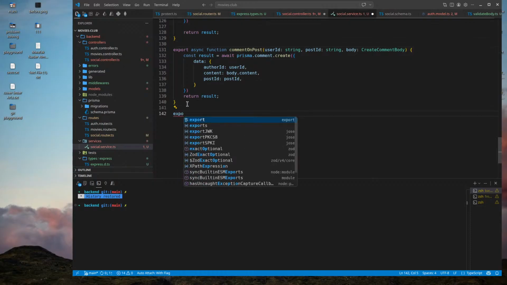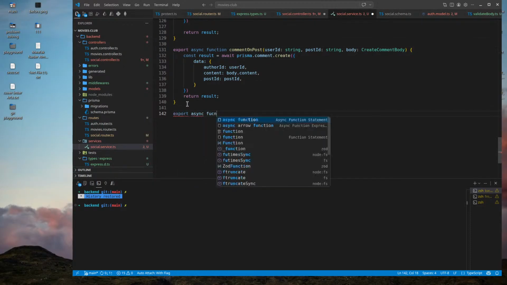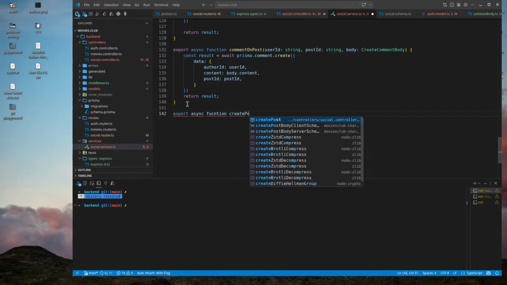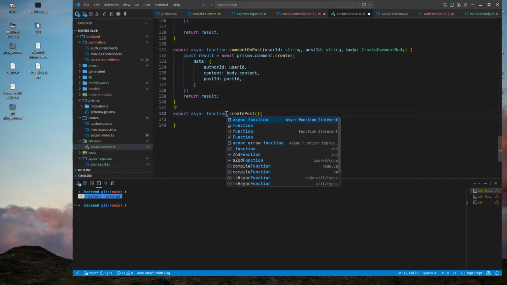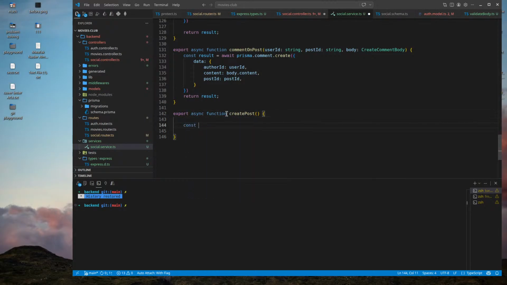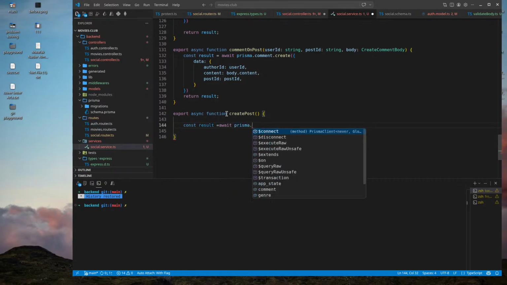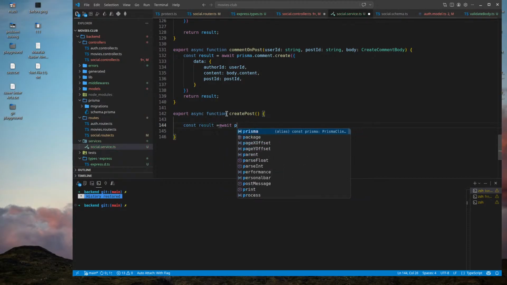Let's say for the async function createPost, Prisma dot.